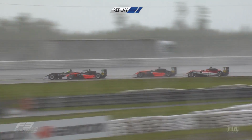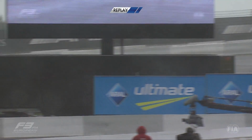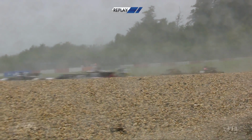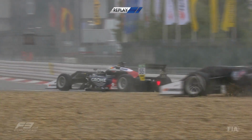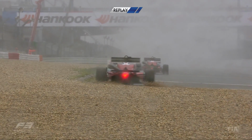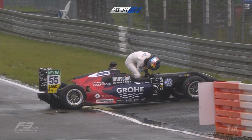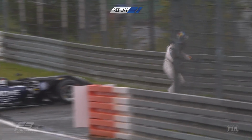We see now maybe the incident with David Beckman. No, that's Joel Eriksson and Harrison Newey, isn't it? So Joel Eriksson and Harrison Newey then with problems, and that's the Beckman. He clipped. He lost a bit the car, and I think also going out there was the car of Petru Florescu, also from Motopark. So there we can see the jump over the fence from David Beckman as he